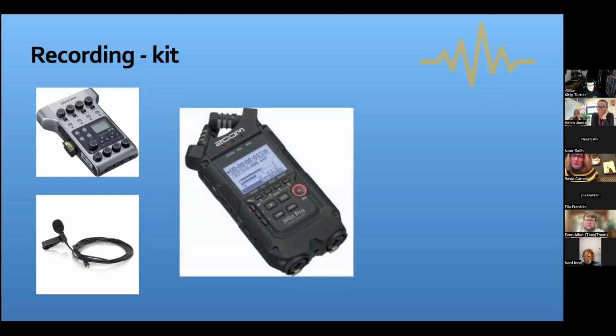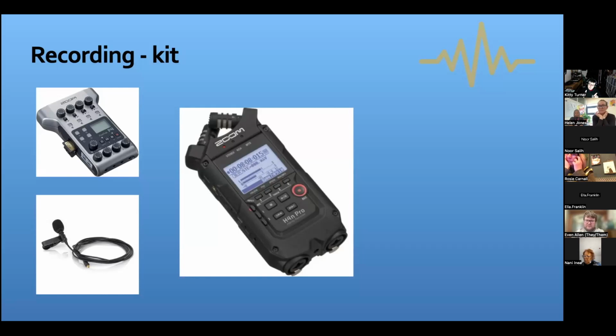Okay. The second piece of kit is a Zoom H4n. I absolutely love this piece of kit. It's brilliant. It does so many things. This is a little bit more involved piece of kit, but it's great for field recording. So you see the 2 things that are sticking out of the top of it like that? That's a stereo mic. And that can be used to get really good stereo recordings. And it can also take 2 other mics at the bottom.